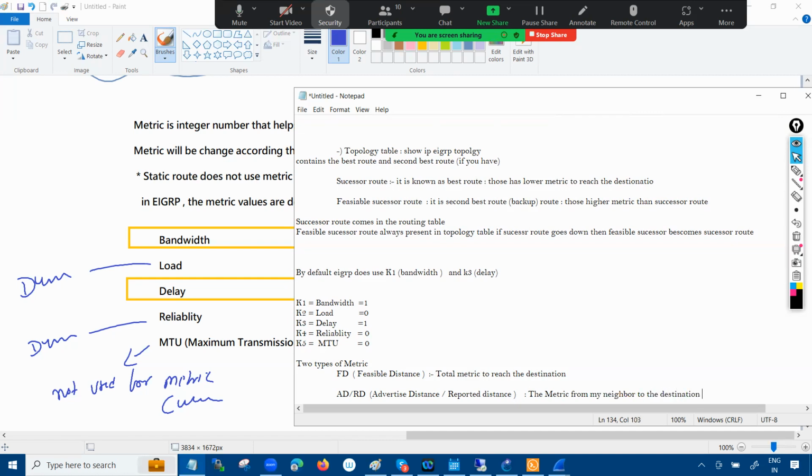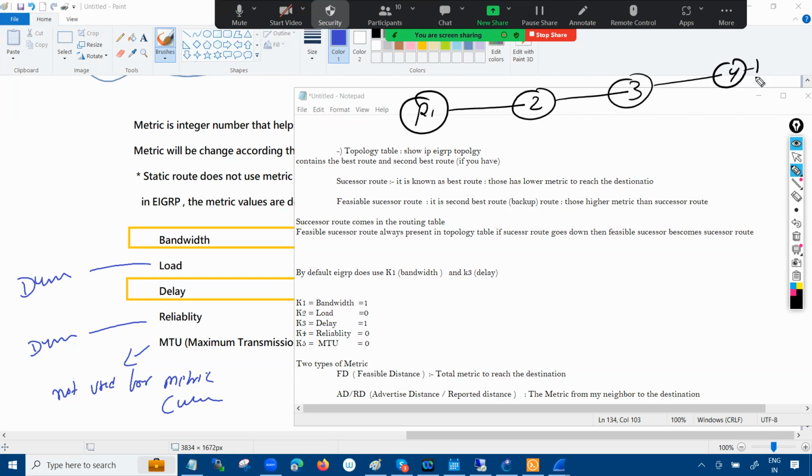What do you mean by neighbor to the destination? Take an example. We have router number 1, router number 2, router number 3, and router number 4. There's a network behind router 4, the 4.0.0.0. Assume the link between router 1 and router 2 has a metric of 10. The link between router 2 and router 3 has a metric of 5. The link between router 3 and router 4 has a metric of 20. And the loopback link also has a metric, because this also has bandwidth, reliability,